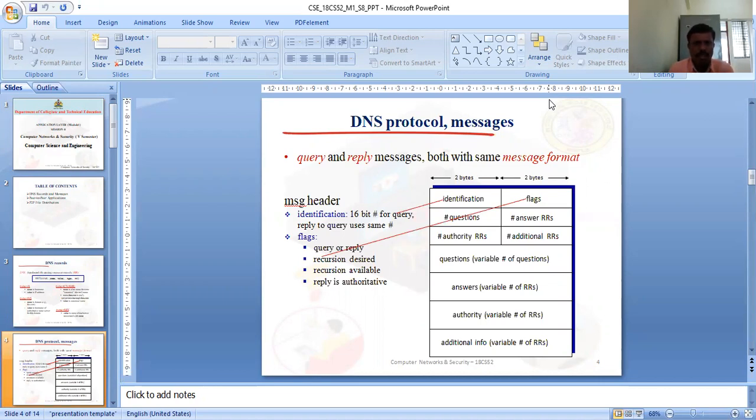The message header has an identification of 16 bits, the number per query. So these are some of the fields. Two bytes is the length of identification. Two bytes again for flags, then the number of questions and number of queries. Questions are the number of queries posed by either a client machine or a DNS server to other DNS servers in the hierarchy,